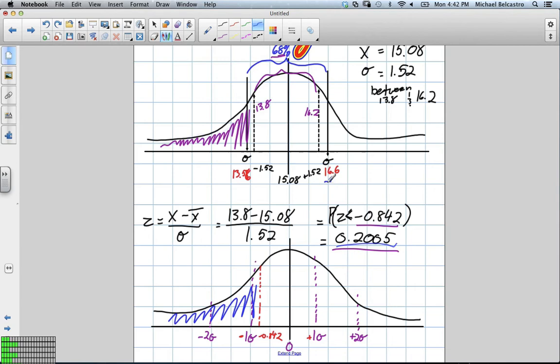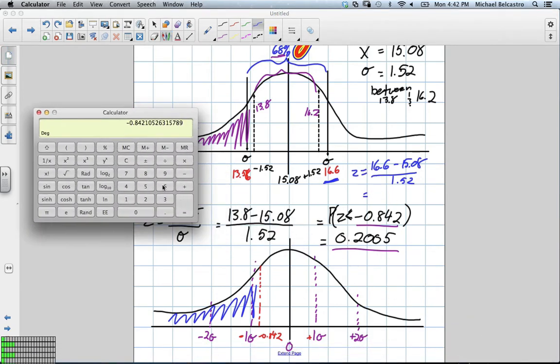Okay. So now we have to do the same thing with 16.2. We'll zoom in and, actually, I think we can do it up here. I'm just going to do it on the side in blue. We have 16.6, subtract our 15.08, all divided by 5.2. And this is going to give us our z-score amount, okay? So we'll put that in our calculator. 16.6 minus 15.08 divided by